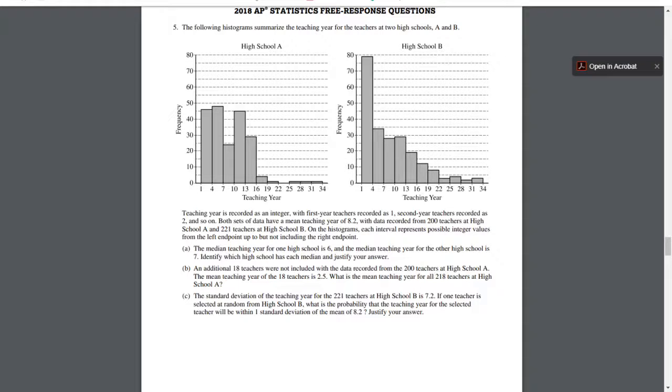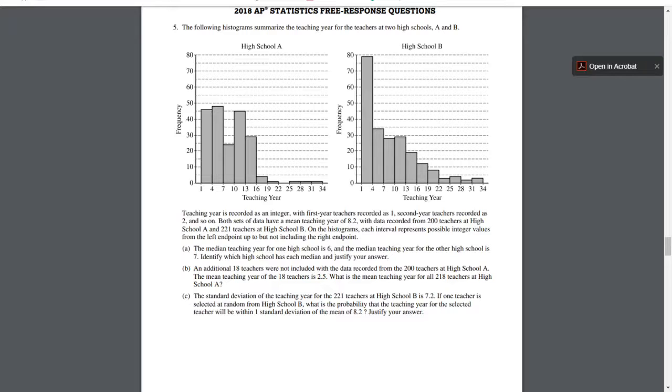All right, 2018, number 5. The following histograms summarize the teaching year for the teachers at two high schools, A and B. Teaching year is recorded as an integer, with first-year teachers recorded as 1, second as 2, and so on. Both sets of data have a mean of 8.2, with data recorded from 200 teachers at A and 221 teachers at B. On the histogram, each interval represents possible integer values from the left endpoint up to but not including